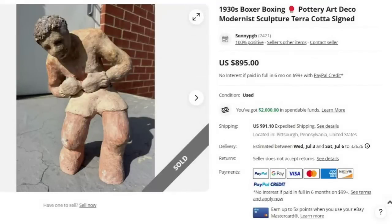Number 4 is a really, really neat one, and I think this is an unidentified artist. This is a 1930s boxer. They did put boxing, pottery, art deco, modernist sculpture. It does say signed, but this is something I think would sell regardless, and I don't think this one was identified. This one sold for